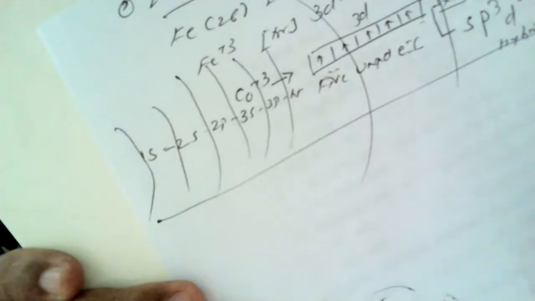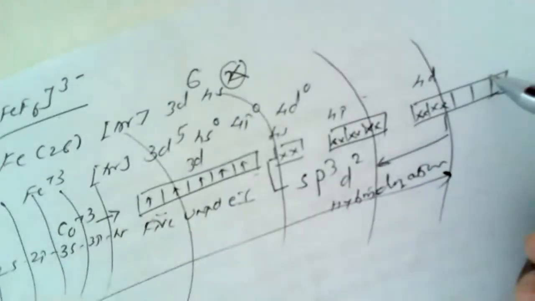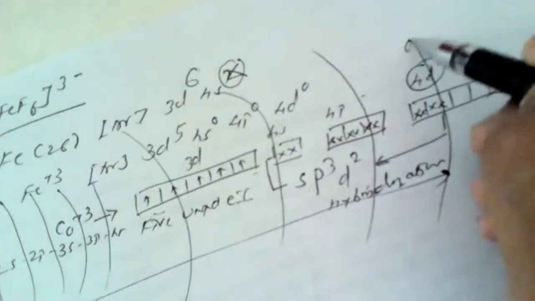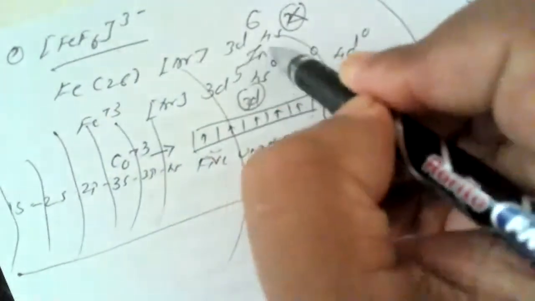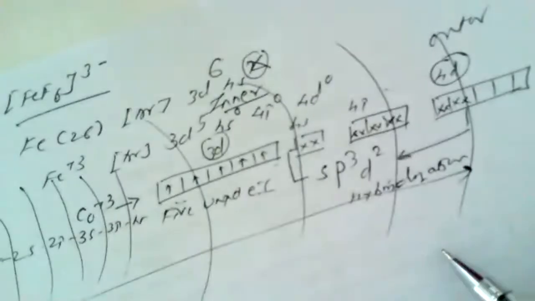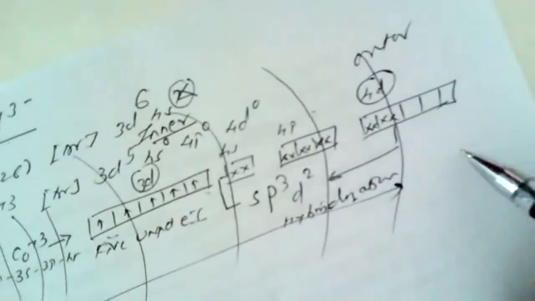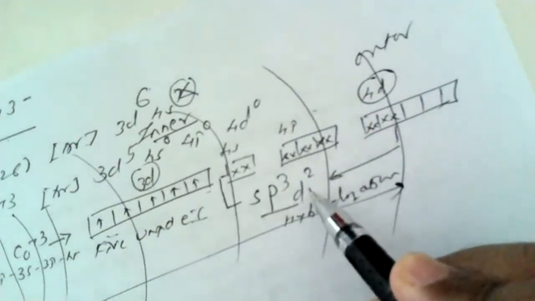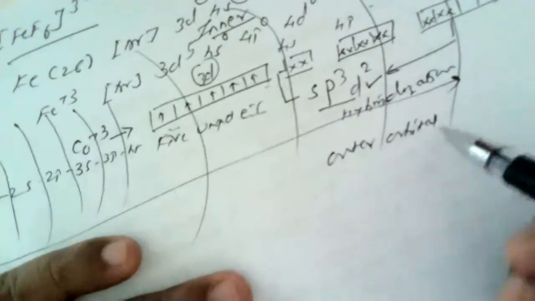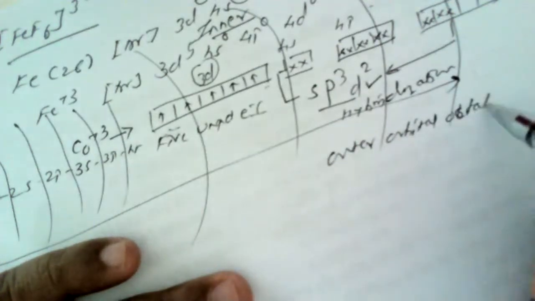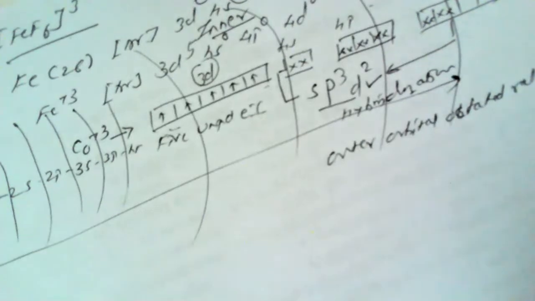Now, as for the distance from the nucleus, the 4d orbitals are the last orbitals. So the 4d orbitals are outer as compared to the 3d orbitals, which are referred to as inner, as in the previous case. So for this hybridization, as outer 4d orbitals are employed, it is known as an outer orbital octahedral complex.